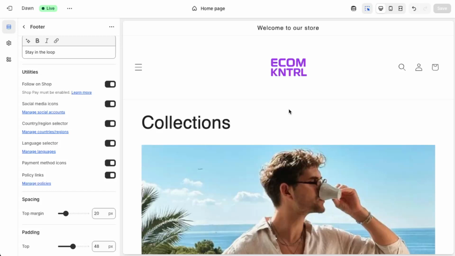Your footer now clearly displays trusted payment method icons, helping customers